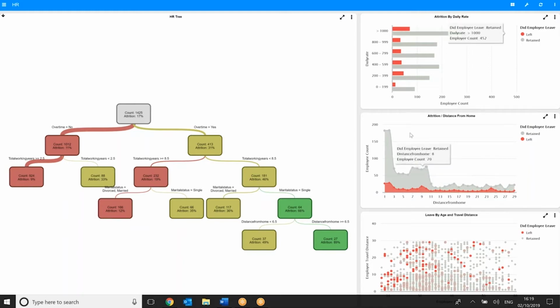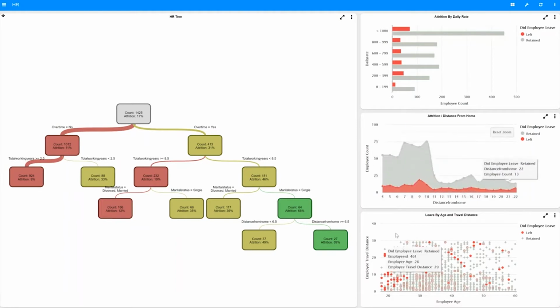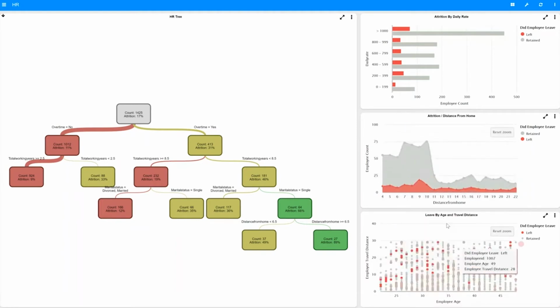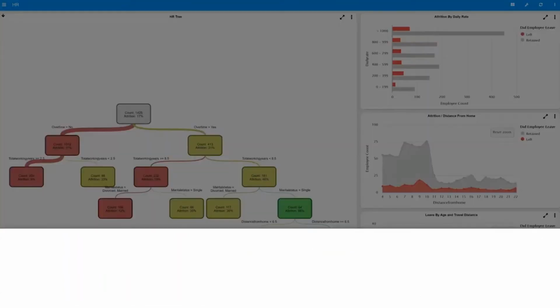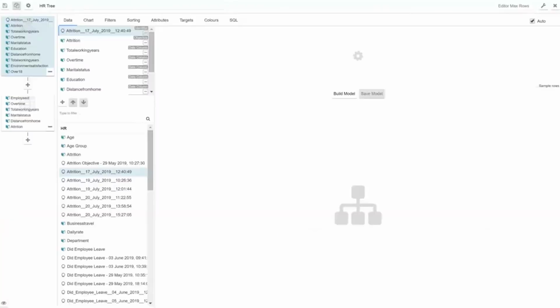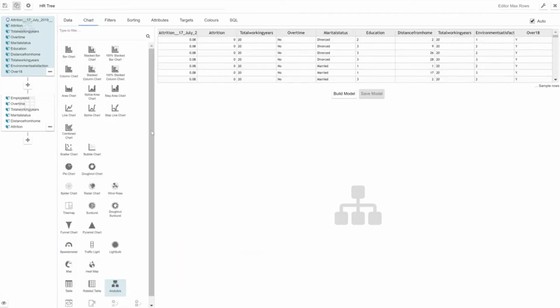So for most users, trying to work out why something is happening, in this example, why people are leaving an organisation, can be very difficult. We can build lots of different types of charts and reports, and nothing particularly stands out as a variable such as their age, the distance they're travelling from home, their daily rate, as a factor that really contributes to why people are leaving. So what we can do is allow them to build a decision tree. This is a linear regression model,